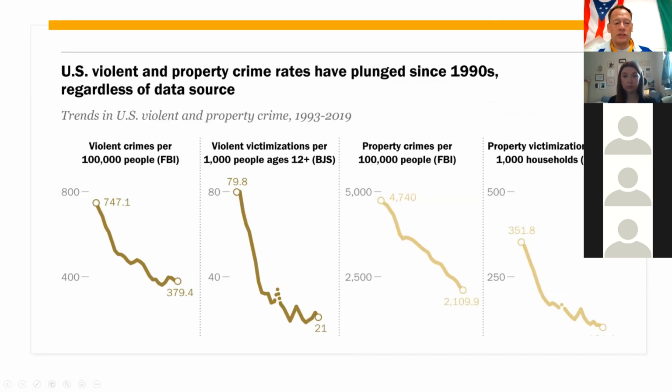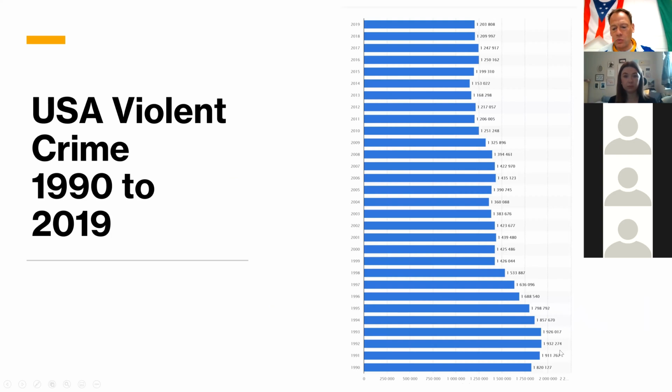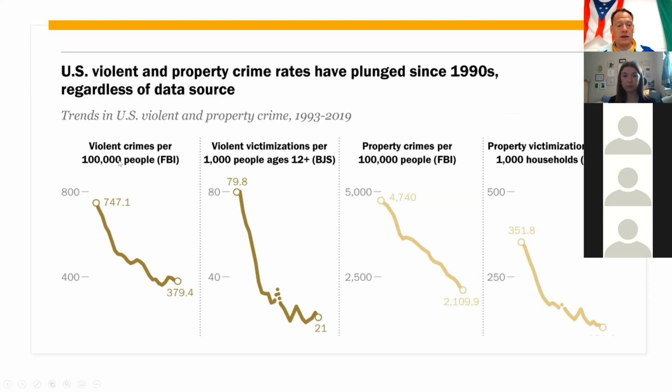Okay, so not just violent crimes, but property crime rates have gone down since, it says plunged here. I don't know if plunged is the right word, but definitely violent crimes have gone down. This is violent crimes per 1,000 people from the FBI. And that's down from 747.1 per 1,000 people to 379. So that is a pretty significant drop. That is almost half. And then you can see the victimization of people per 1,000 people ages 12 and up,